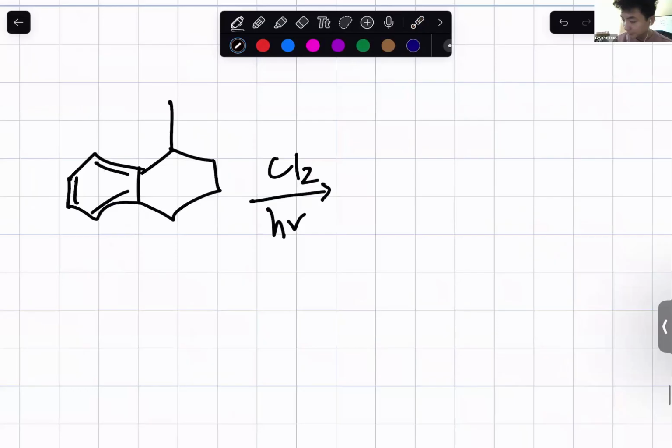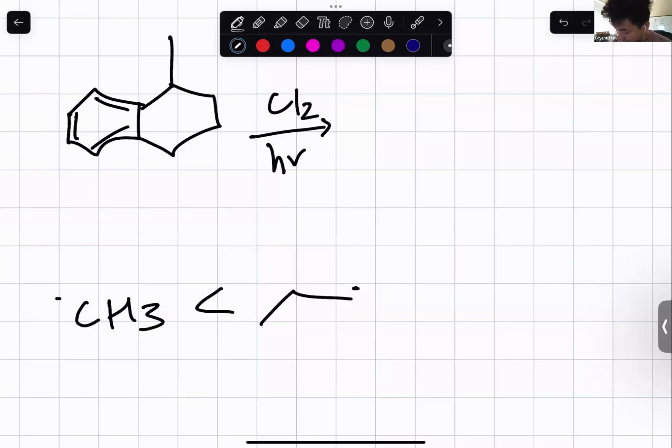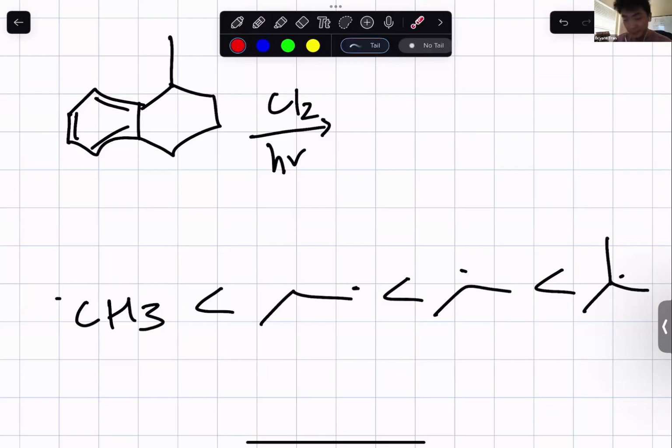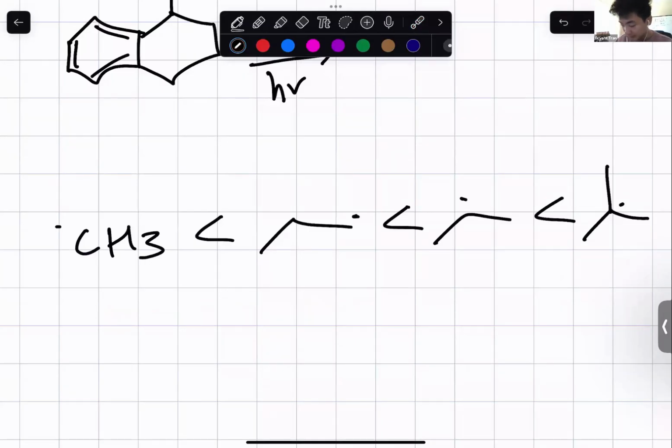Right. So now, I don't think you've learned about radical stability yet, have you? Like this is the least stable radical, and then primary radical, and then secondary radical. Oh yeah, we learned it in chapter 3. Yep, hyperconjugation, right? The more groups around the radical, the more support it has, the more stable it is. But that's hyperconjugation. It could also be from resonance.